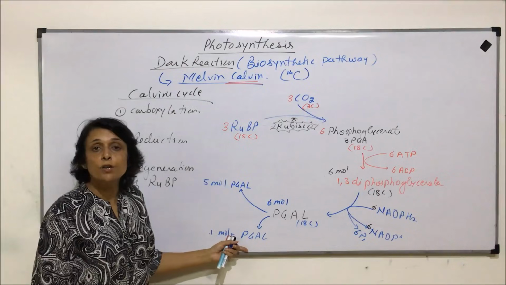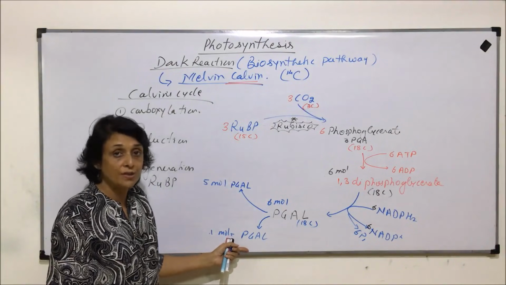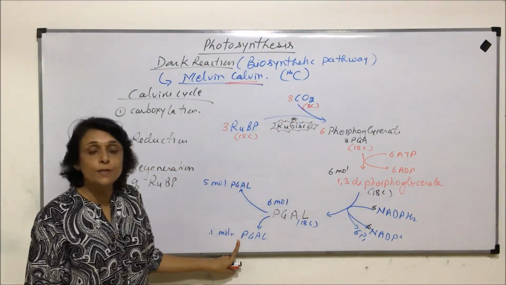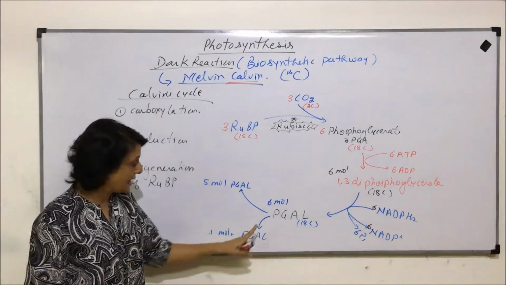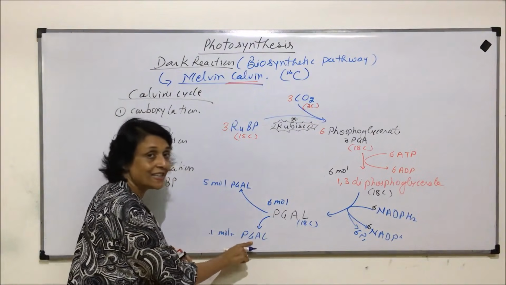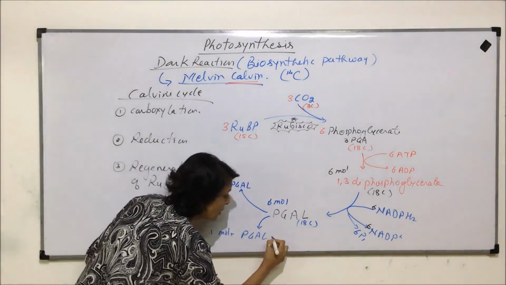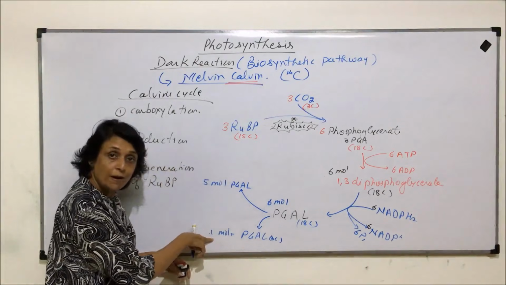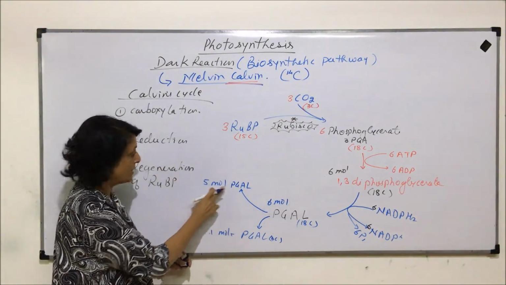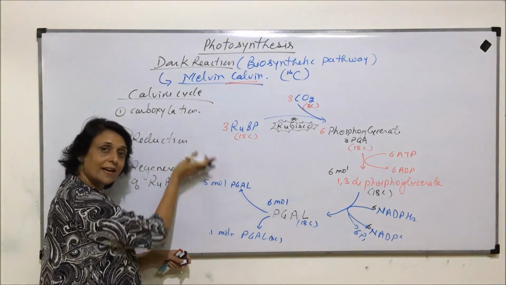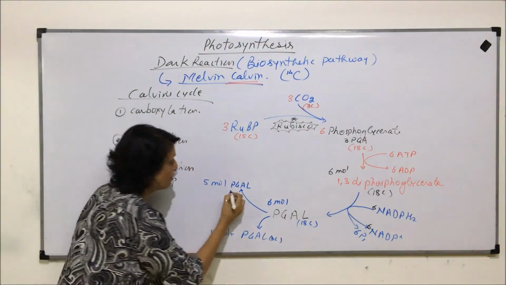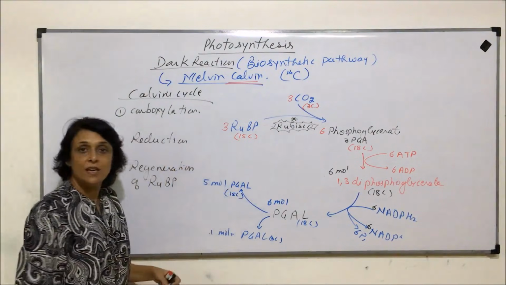So this 1 molecule is going to help in glucose synthesis. That means so far there are 3 carbons which have been separated or have been taken out from this cycle. Let us check the carbon numbers. PGAL is a 3 carbon compound. So these 3 carbons, because there is only 1 molecule, come out of the cycle. PGAL, which is a 3 carbon compound, and 5 molecules are getting separated for the next part. So 3 from here and 5 molecules. So there are 15 carbons in this case.